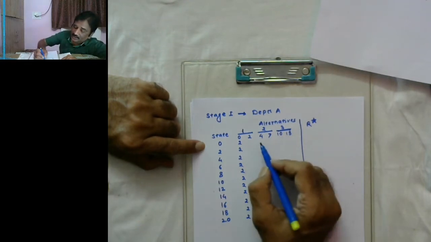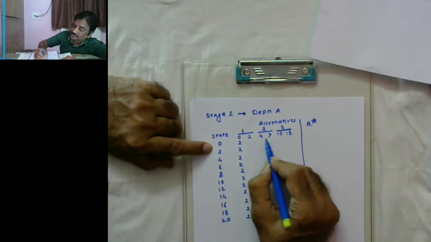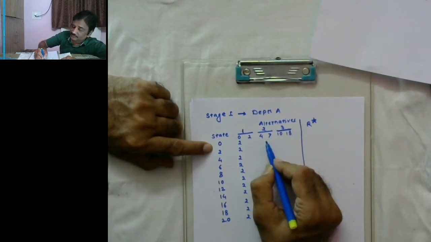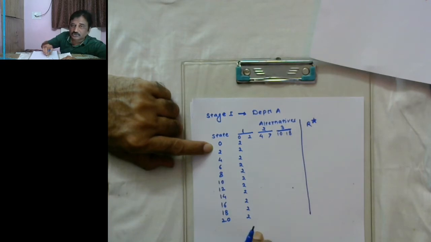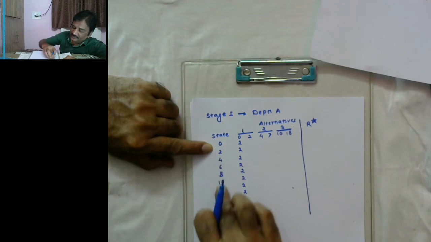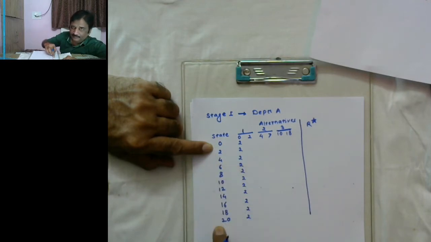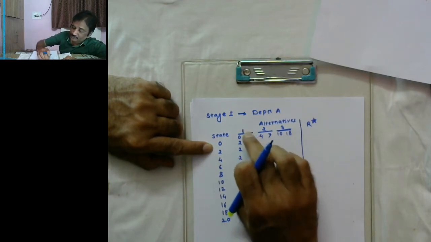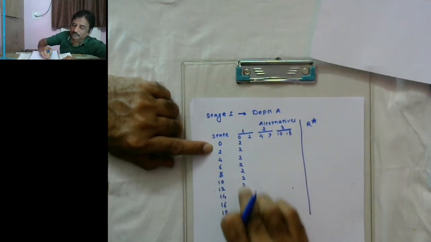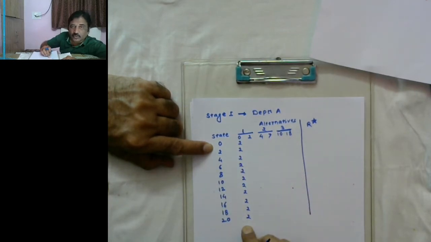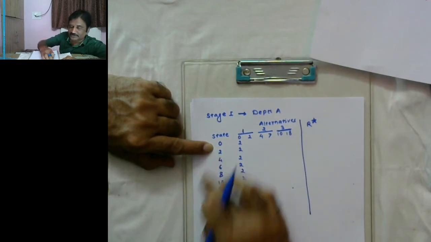Right? Now, coming on to second alternative. I hope you have understood why all these figures are two here. All these figures are two in here because whatever amount you assume you have, you are choosing first alternative, and choosing first alternative decides that you are going to get the return of 2 crore only, whatever be the amount you assume you have.